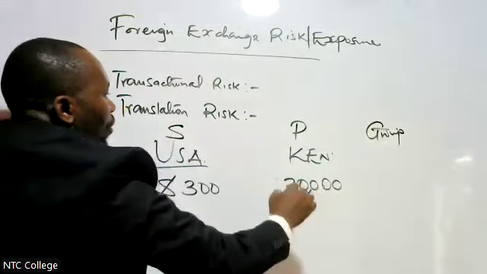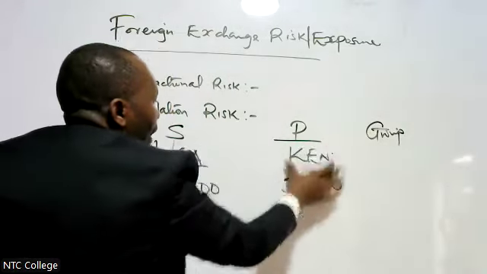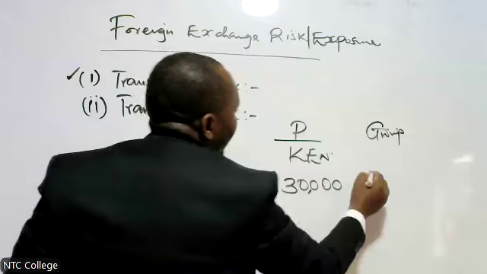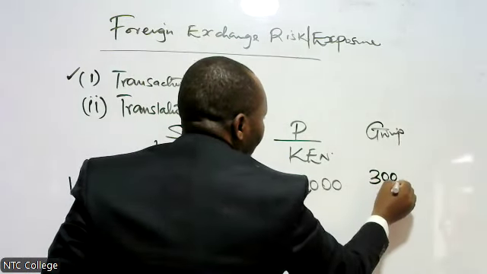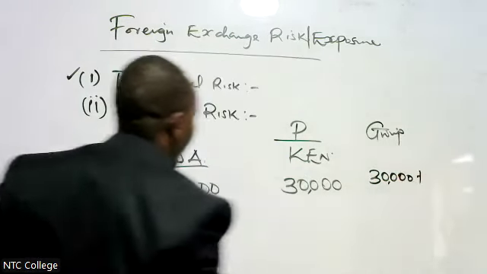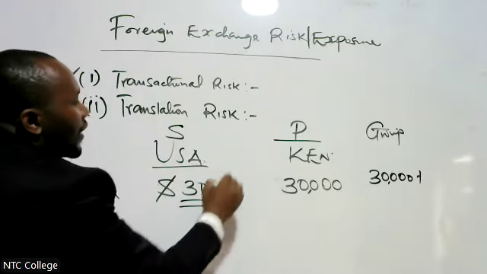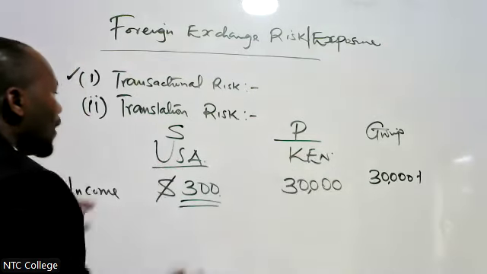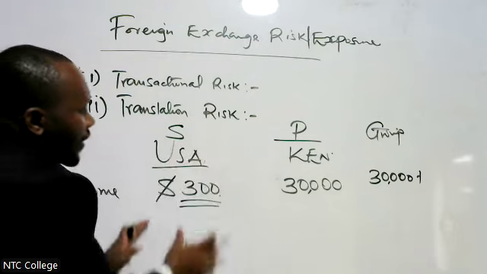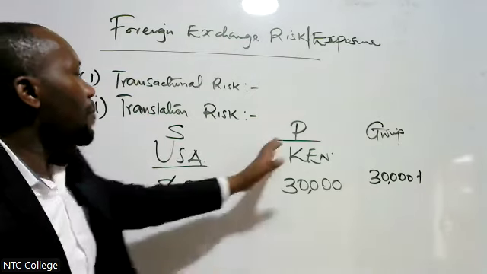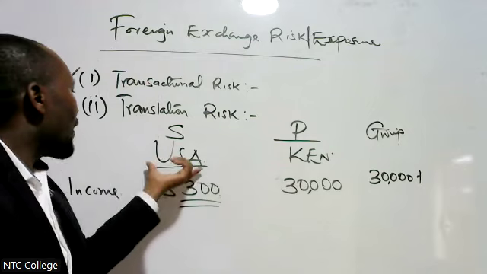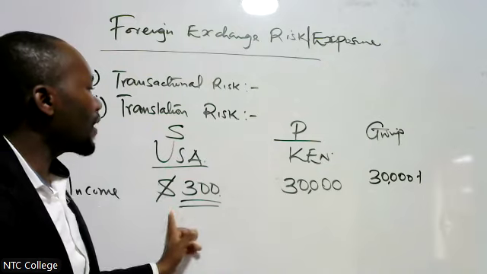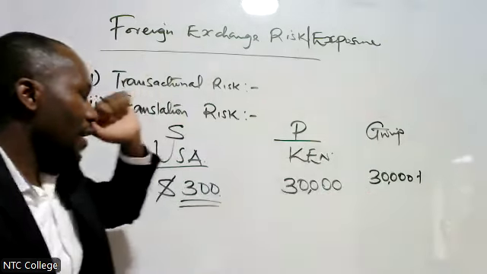Of course in the group, you're going to report on the presentation currency, the currency that you're using to present, that is Kenya shillings. So you'll have to add them. This one translated into Kenya shillings, and this one translated into Kenya shillings so that you can report. This one is the reporting currency, but this is the presentation currency. You've reported in this currency, it needs to be presented. So you're translating, changing from this currency to this so that you can have one account as a group